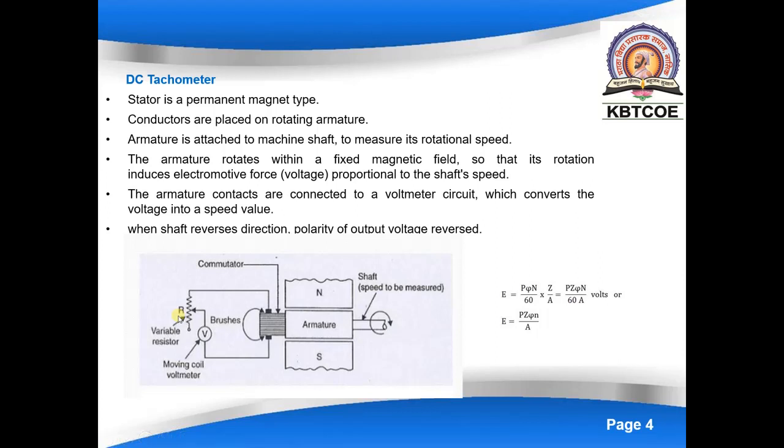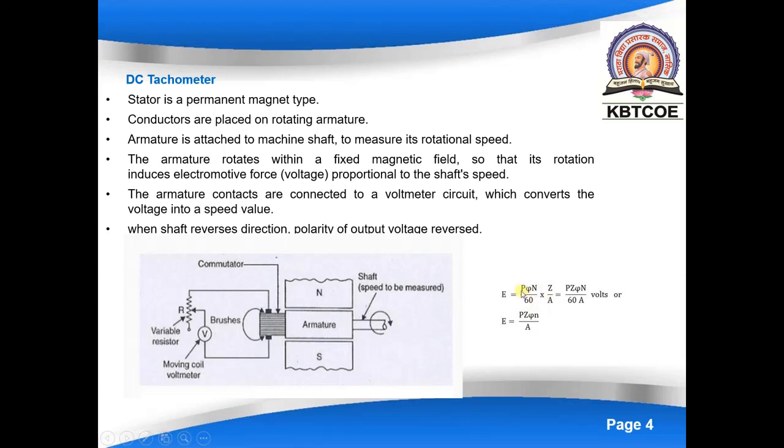That means after calibration. When the shaft reverses the direction, the polarity of output voltage reverses. So when this moves clockwise, we get output voltage of one polarity, and when it moves anti-clockwise, the polarity of this output voltage is reversed. So as we can see here, E is equal to phi Z N P upon 60A, where P is